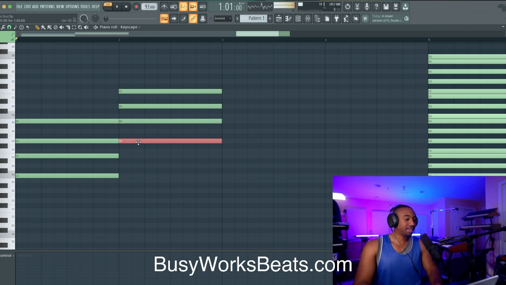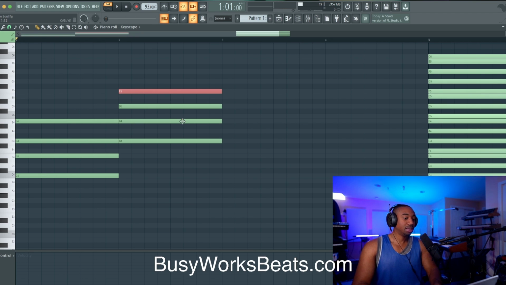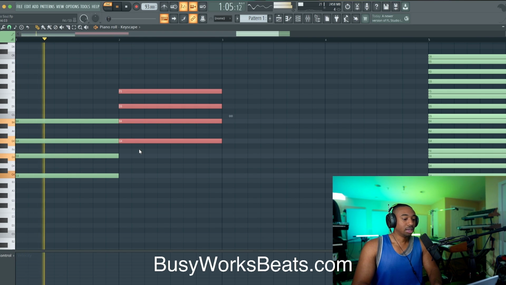Right here, the DNA for this chord is 0, 1, 2, 3, 4, 5, 6, 7, 8, 9, 10. So 0, 4, 7 always makes the major chord no matter where you are on the keyboard. And the 10 up here comes from 0, 3, 7, 10, which is a minor 7th. So basically you have a major triad with a minor 7th on top, and it's a major and minor chord combined, and that creates this diminished chord here, which creates that pull effect.